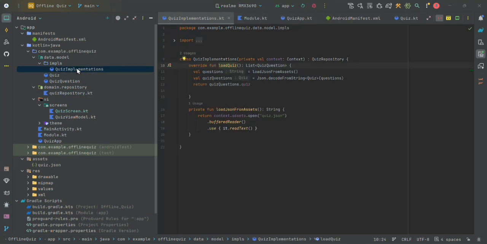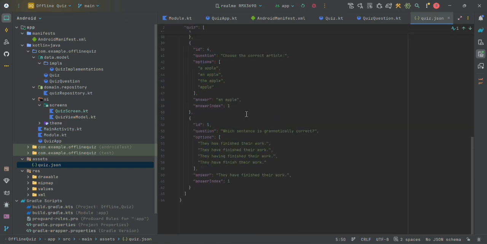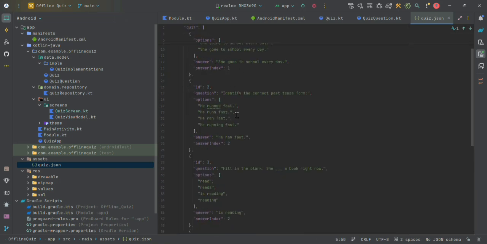So I created the implementation for the data inside this data module. So this is the implementation and this is the load quiz function, which loads the quiz from the JSON file instead of calling the APIs to get the data. So this is the quiz.json file which holds the data for 5 quizzes. So we are just using the quiz.json file